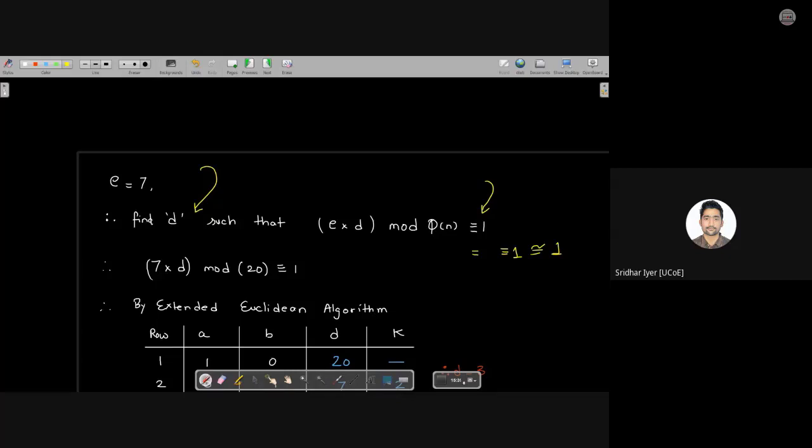Fine. So let's see that expression. If we check properly, it is very clear that if I multiply 7 by 3, we'll get the answer easily. Yes or no? Because 7 threes are 21. 21 mod 20 is obviously going to be 1. It is very simple, straight cut math. But what happens is we can have multiple answers also.